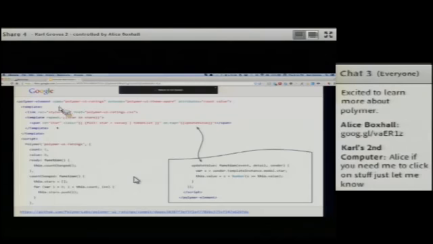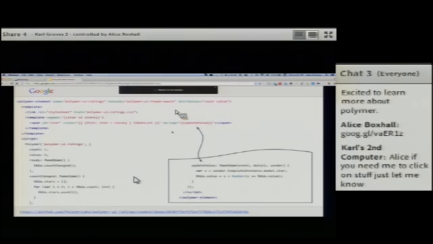And then we have this Polymer method, which creates the object which is backing this custom element, which does the actual JavaScript logic. We have a count changed function. So this is a magic function that shows up because we have this count attribute, which will be triggered whenever that count attribute changes. In this case, count is the number of stars. So you could set it to 10 stars or 7 stars or whatever you want. And in that case, it's going to put those stars back in the row.